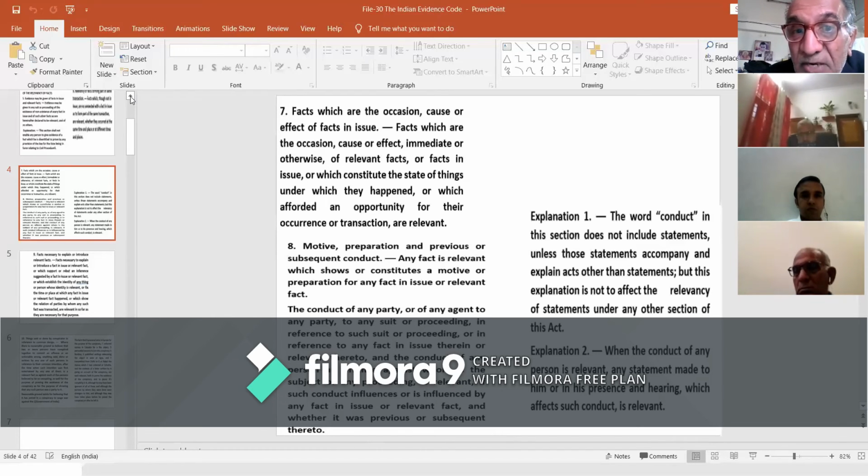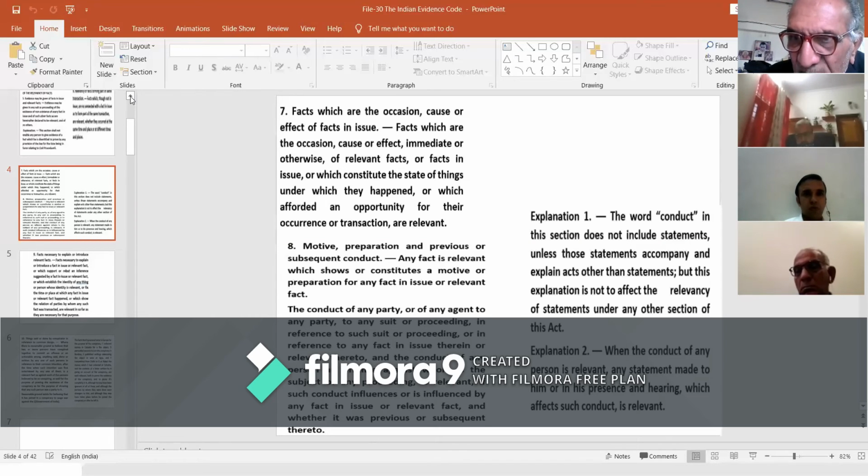So it will become a permissibility, and this occasion, cause, or effect may be immediate or otherwise. So it is not necessary that the facts which we want to bring under Section 7 shall be the immediate cause, effect, or the occasion. They may be otherwise as well, with a distant point of time, or with different situations, in connection with many other facts or situations and circumstances. Therefore, the permissibility zone of Section 7 is a very big zone which has a layer within the layer,